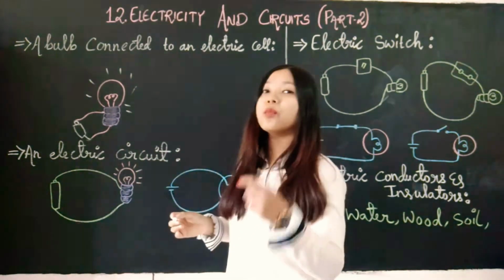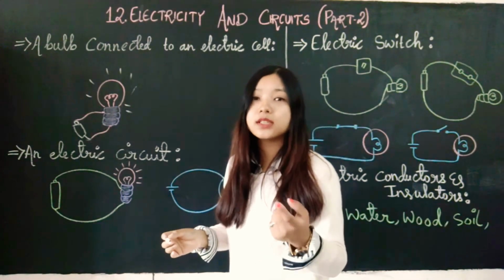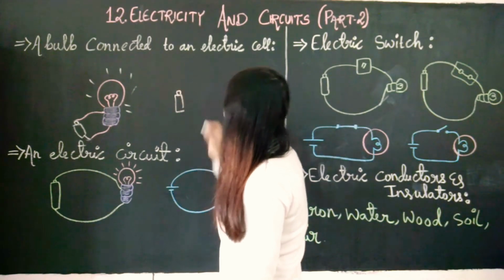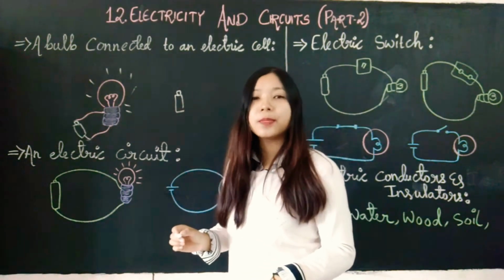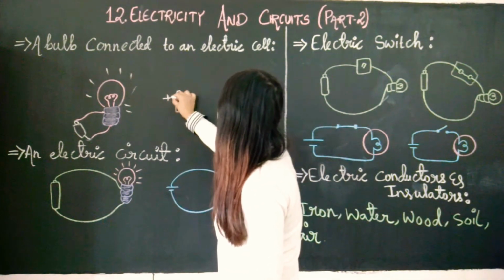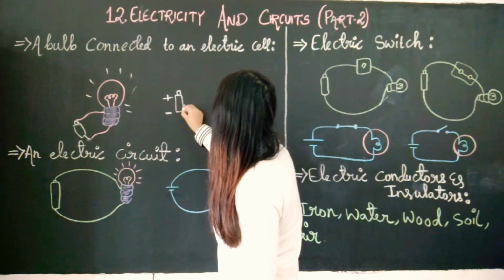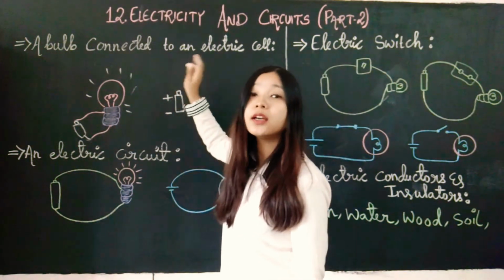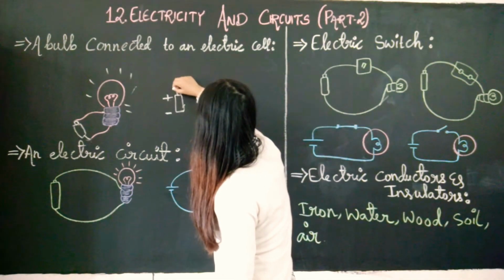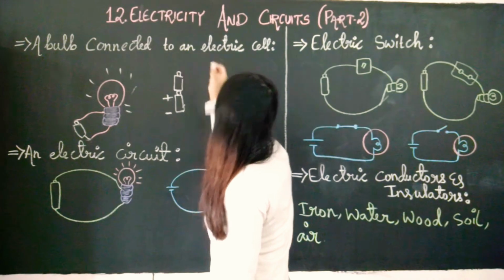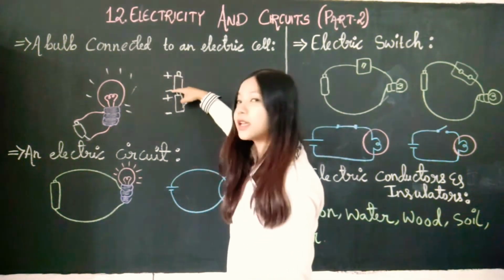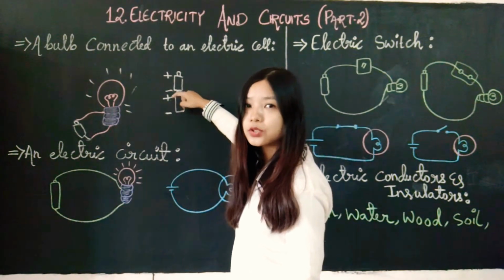If we are using more than one cell, that means if we are using batteries, let's say this is one cell. If we want to put one more cell, what do we have to do? This is the positive side, and this is the negative side. Towards the positive, we have to put the negative terminal of the next battery. That means it should be connected in this way. So again, this is the positive and this is negative. Positive, negative, and positive are connected to each other.